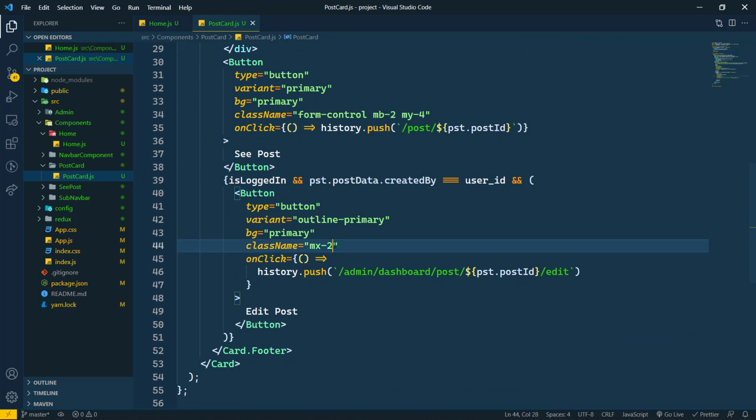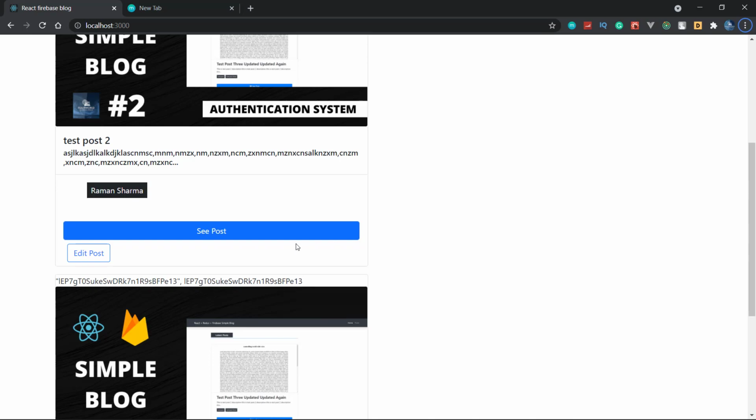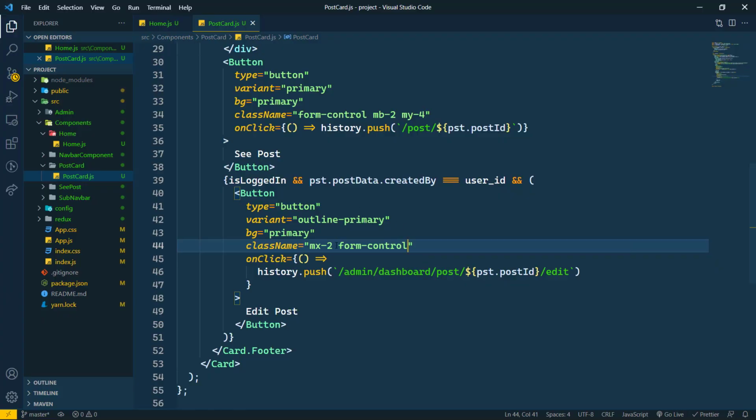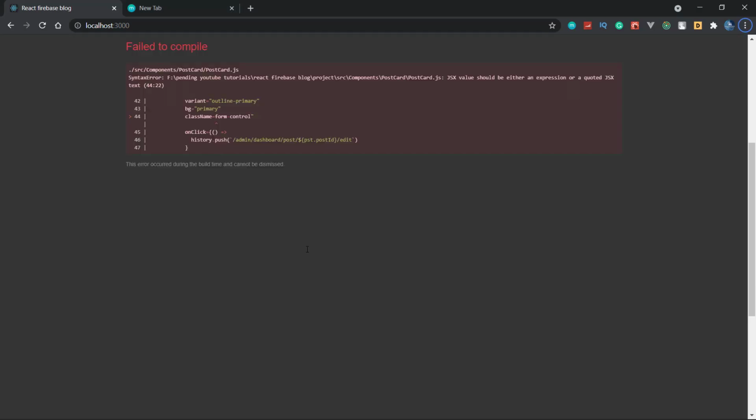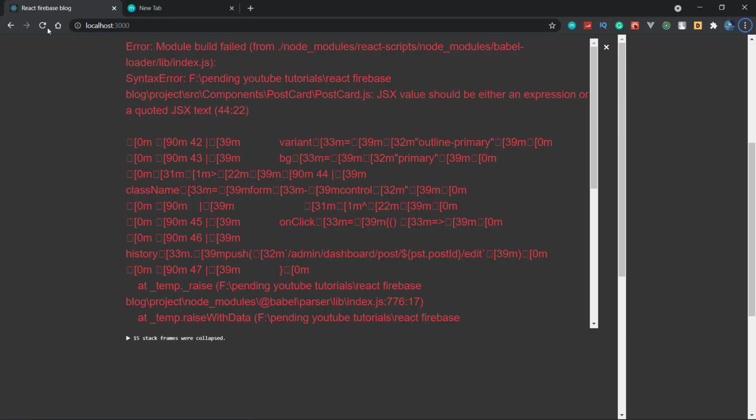So here I'm going to write form control, save this. And we also don't need margin here, so I'm going to remove the margin, and like this we should not have any error here. I'm going to refresh this.